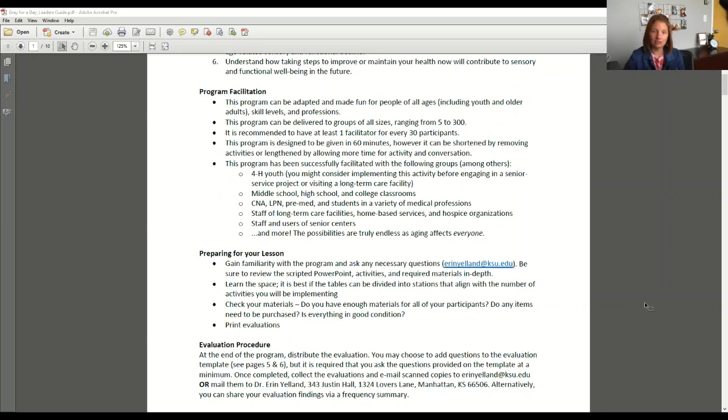We have done this in large lecture halls, and we've designated certain areas of the lecture hall to be an activity station. We've done this in small classrooms where we used the floor as an activity station. We've used the hallway as an activity station. So really learn the space and try to figure out the best way for you and your audience to implement